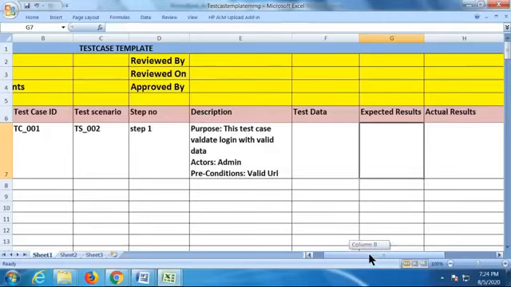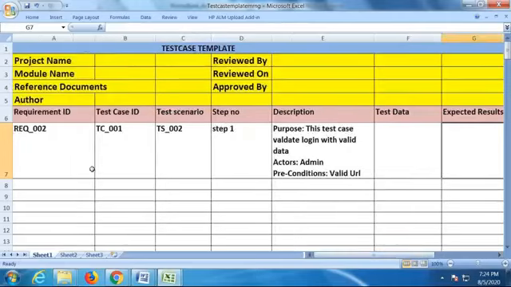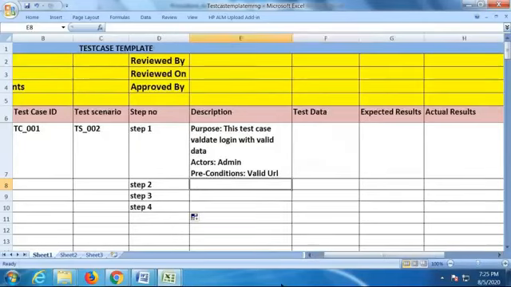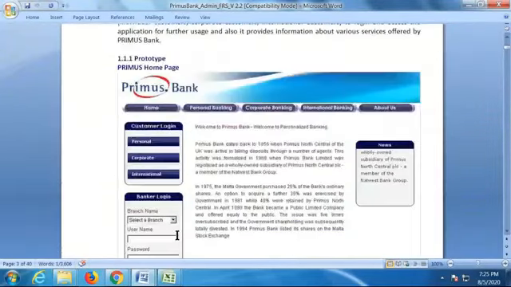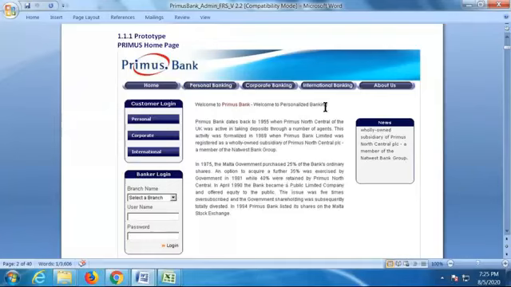For the remaining steps, no need to mention the requirement ID, test case ID, scenario ID for every step. One is enough. Directly go to the second step. We get a number of steps, right? Step number two. What is step number two? Look at this scenario, look at this documentation. They gave a diagram. If I want to log into my application, what should I do? I have to get this page compulsorily. Yes or no? I have to get this login page. Without getting this Primus home page, we cannot directly log into it. So what do you say? Step number two,